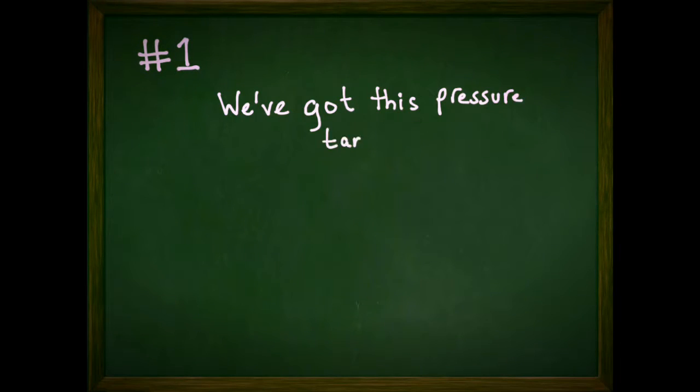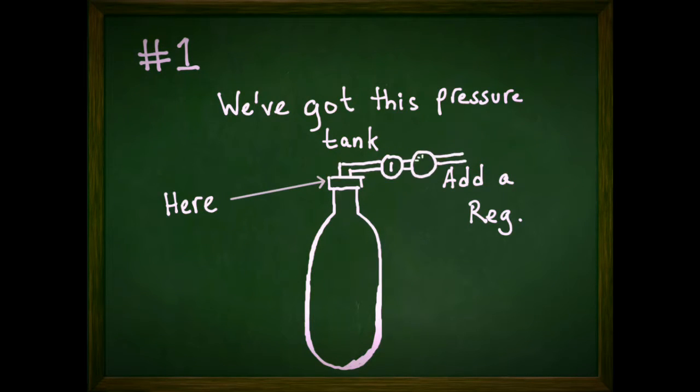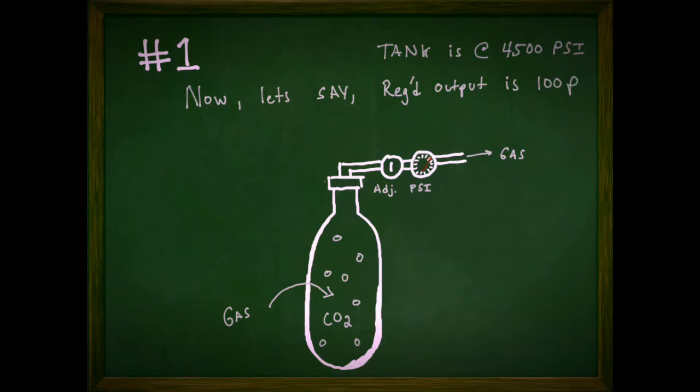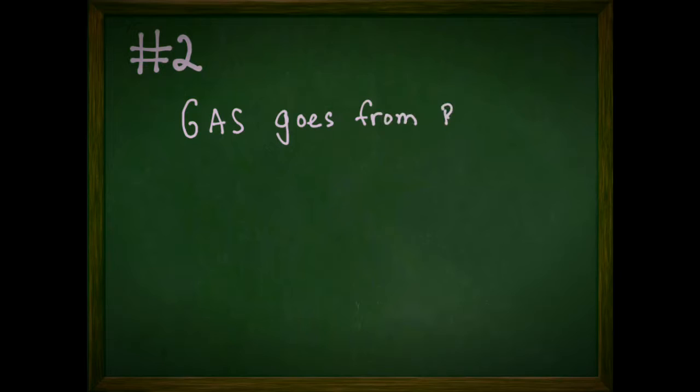Alright, so the first thing is we're definitely looking at the pressure procedure for dumping gas through nozzles. So we're going to have a tank and there's going to be some gas, most likely carbon dioxide, and we're going to have it regged out. We're going to assume around a 4,500 psi tank, and just for guesstimates, 100 psi output. One of the things I was coming across was we need to calculate our mass flow rate, so later we can calculate the force that this vectoring provides. And the mass flow rate is going to be pretty difficult to actually get, and we can do some estimates. There's this Pasolini equation,